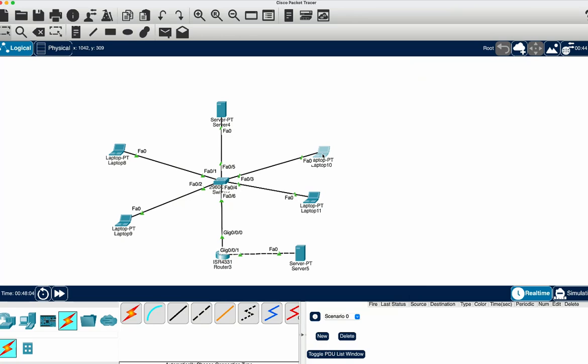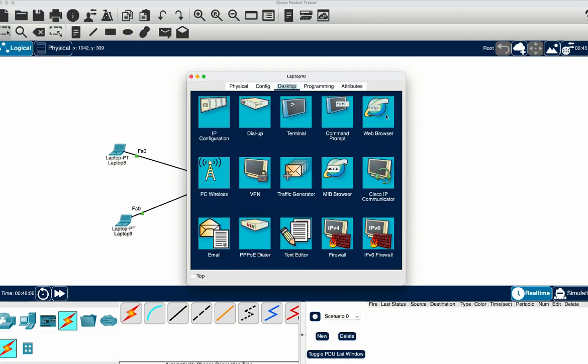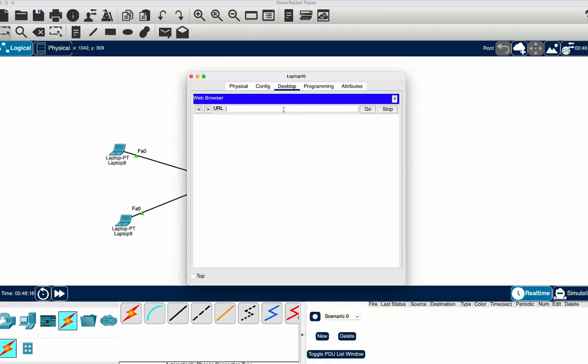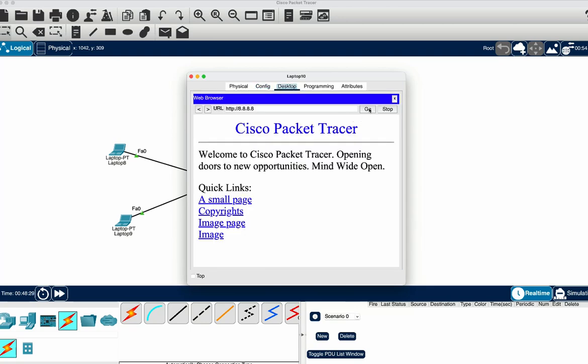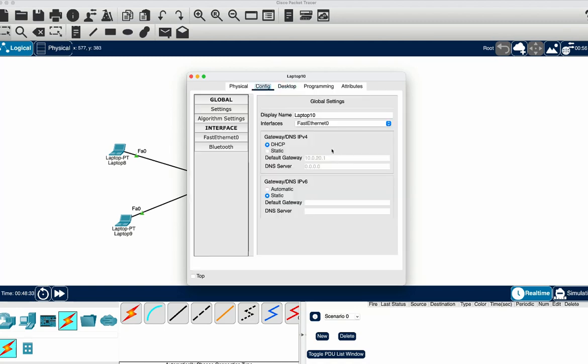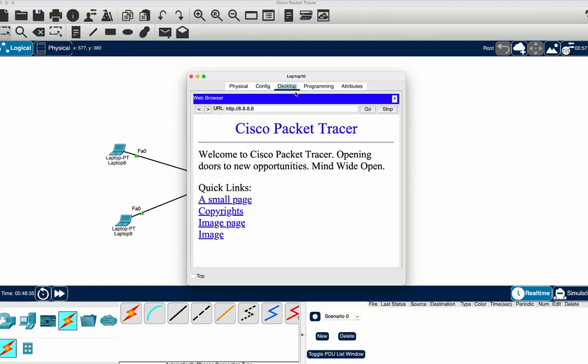That's great. Why don't we go ahead and we'll pull up a desktop over here, go to the web browser. This should be done pretty quickly. And let's just see if we can't get from our DHCP assigned end host out to the Google website here. Click go. Crossing fingers, hoping. Let's double check here. Do we get DHCP addressing? Did we? We did. Okay, we're good. So that is, in a nutshell, setting up DHCP so that it runs